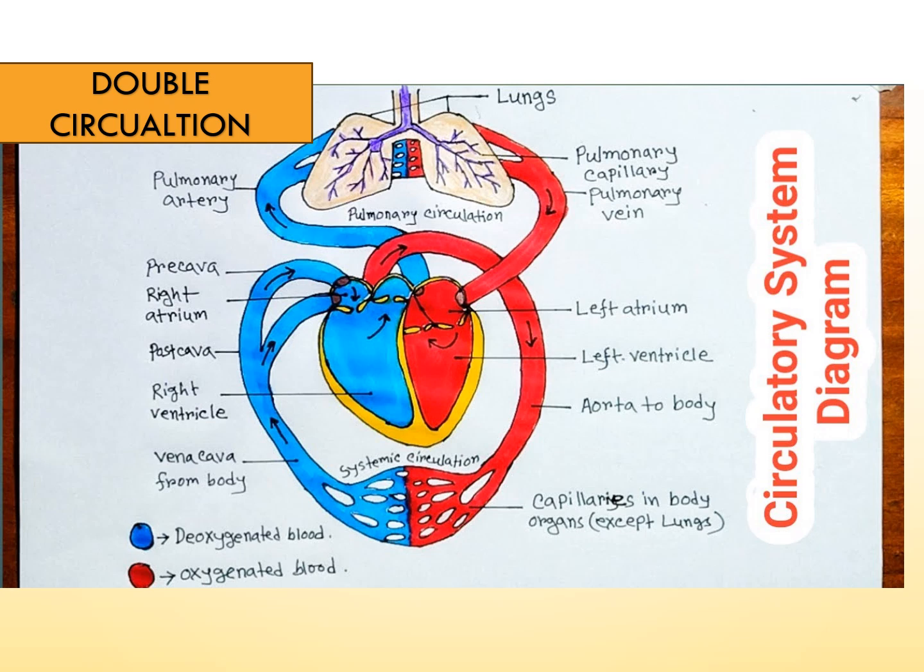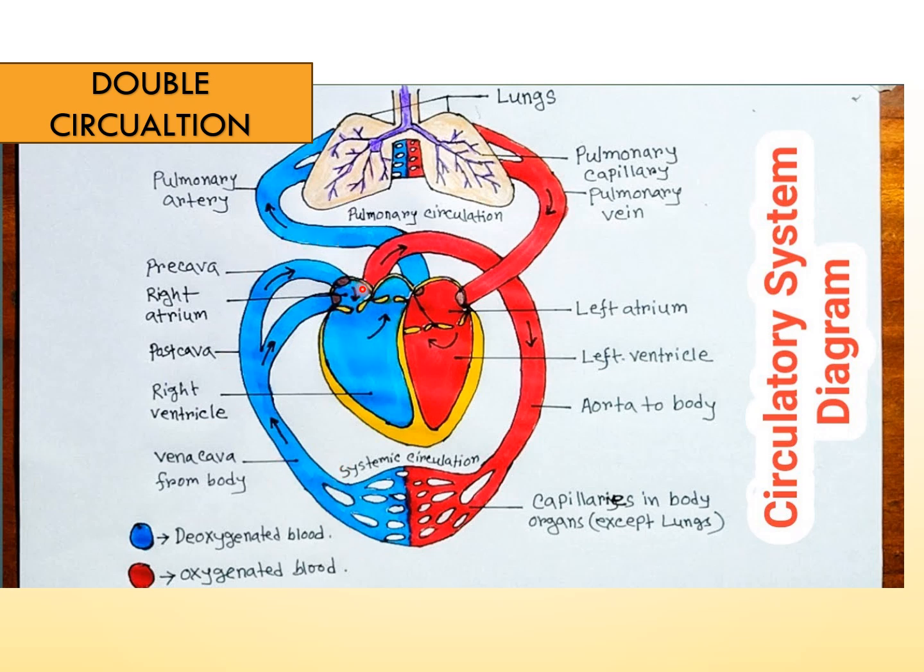Towards the left hand side, it is shown in the red color, oxygenated blood from left atrium will go into the left ventricle through the bicuspid valve. From here it will go through aorta, that you can see, into the different body parts, which is called systemic circulation, where the blood becomes deoxygenated when tissues take up the oxygen and load carbon dioxide into it. Now this deoxygenated blood with the help of vena cava will go back into the